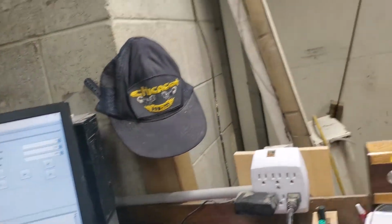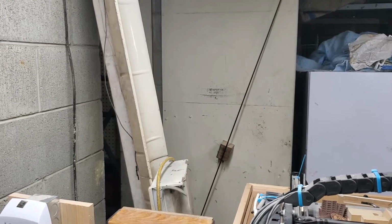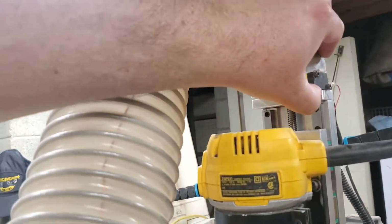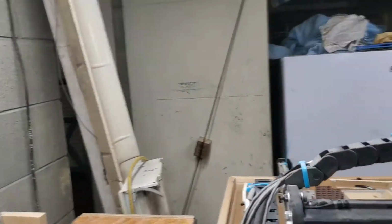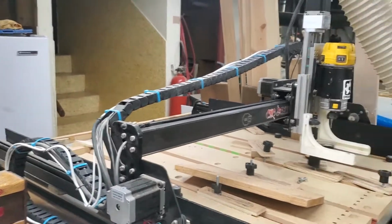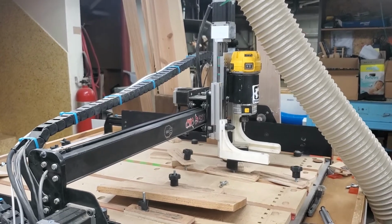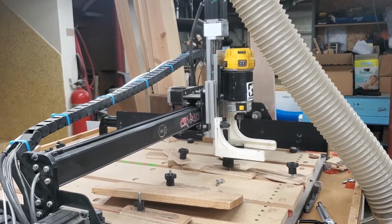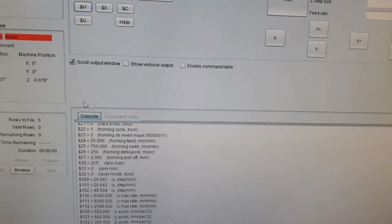Okay, let's try it one more time. Let's see here. Okay, did you hear it? It did both times. Now I didn't do the timing right for the second time well enough to get it, but that's one way to at least see if your switch is even making a connection to Grbl itself. The other way, there are ways to get it to read out in